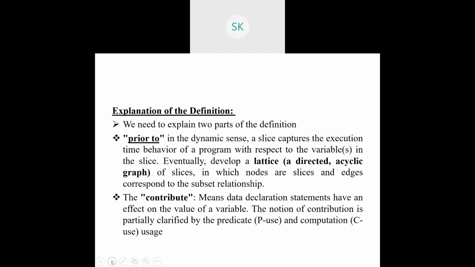So PUs and CUs, we know that with respect to your data flow testing, the same thing we'll consider here. PUs is nothing but predicate usage. Predicate usage comes into the picture whenever a decision will be taken. Computational usage is nothing but the C usage. What is the C usage all about? It's a computational one. Computational means where there is an impact to change the value of the variable that you are choosing. So then it will be nothing but your contribution that will happen to that particular area.